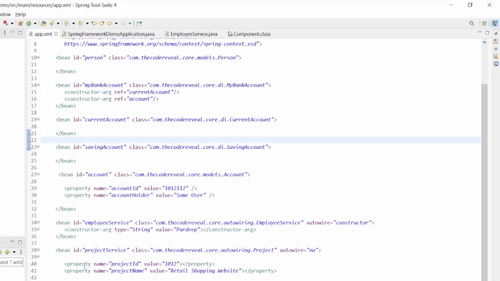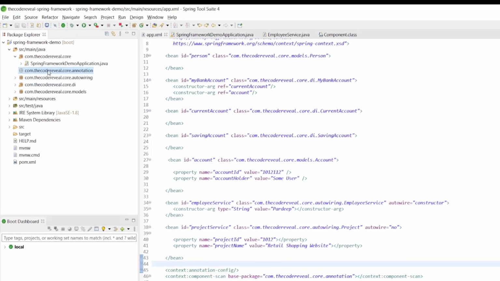So if you are using only annotation configuration in your project, then you don't need to define the base package here, because this project is shared. We have discussed first the XML based container configuration. Now we are using annotations here. So that's why I've added the base package here. So it will scan the component only in this package.